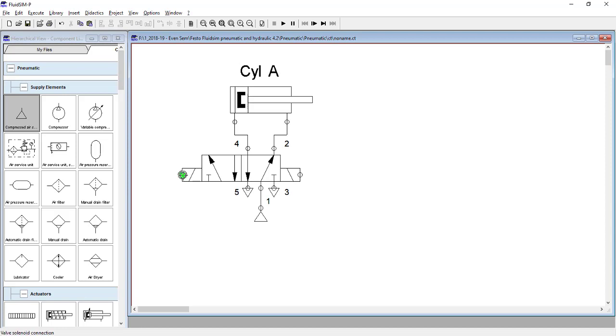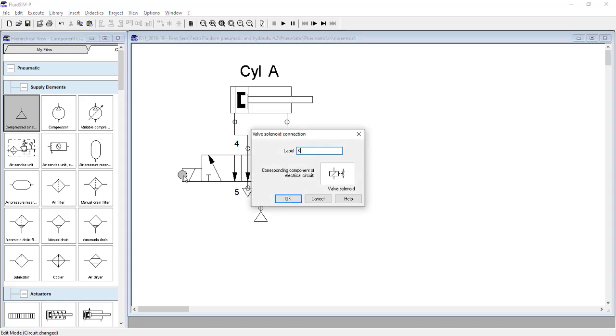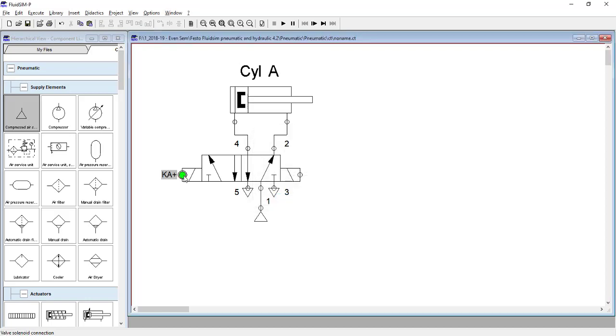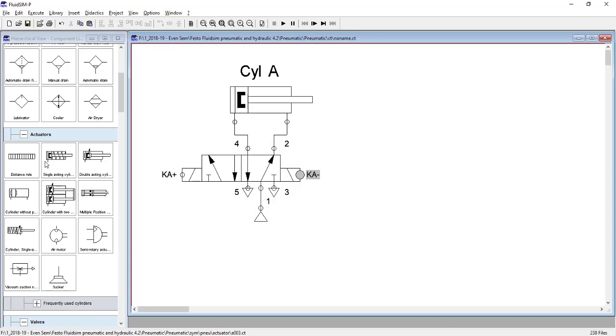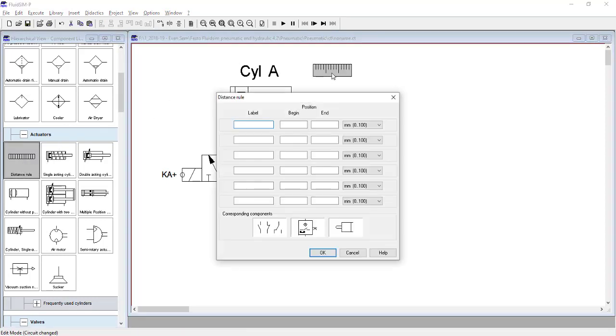What is the naming convention for solenoid? This will be Ka plus. Why Ka plus? K because it is a solenoid, and when this solenoid is activated, the motion of the piston is A plus, that is why it is Ka plus. Similarly, this is Ka minus. Then we can have limit switches. Let us call it A0. You can also call it A1, A2, no problem. That is also perfectly acceptable. Okay, but I will call it by the standard A0 and A1, right?